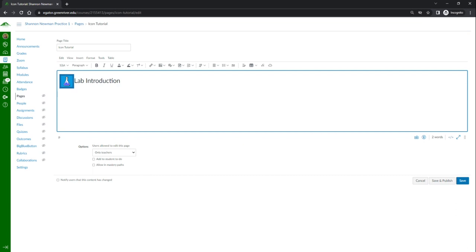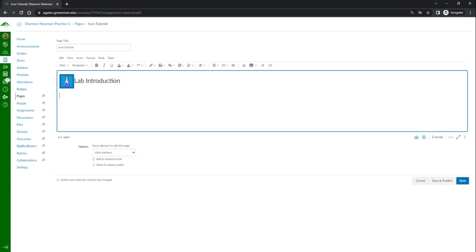So it could be a nice way to kind of add a little bit of color to your pages, add some structure, especially if you use these same headings or icons consistently. So for example, if I'm teaching a class that has lab and there's a pre-lab that students have to read, maybe every week I would have this icon with lab introduction next to it so that there's some consistency as well.